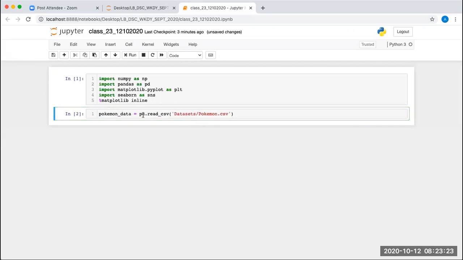Next, we are going to learn linear analysis, or how to visualize the linear relationship. For that, we are going to use the lmplot function, which is basically a bivariate analysis.